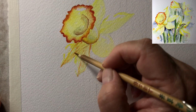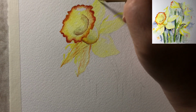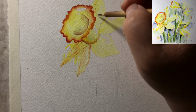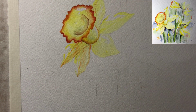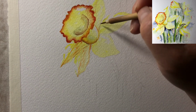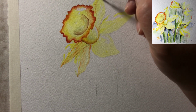And make sure that they're not too much, because too much will change the character of the flower, and we don't really want to do that, okay? And there's also a separation between the cup shape, right? And so that's why I will do it this way, and then I don't have to leave so much white in between